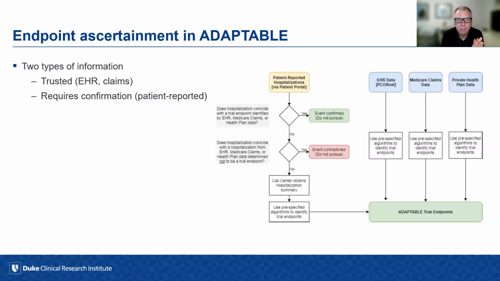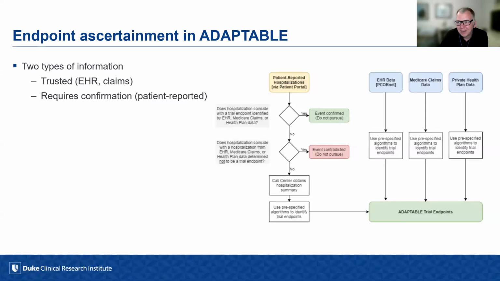We did end up getting some data and enrolling folks from Blue Cross Blue Shield up in Pennsylvania. And again, we got their data, and if we saw an event in there, we believed it. But we also asked patients on the patient portal about their hospitalizations. And if what they reported coincided with something we knew about, we just accepted it. But if not,